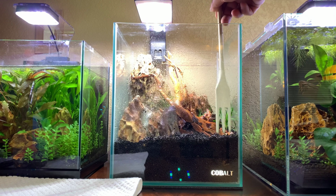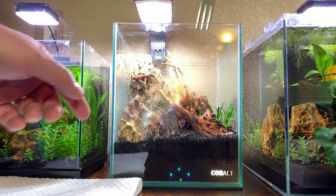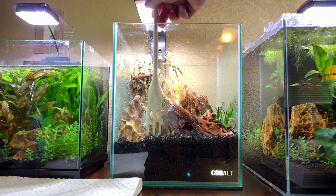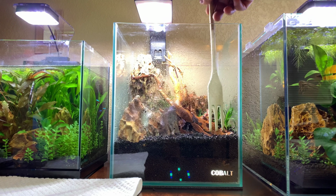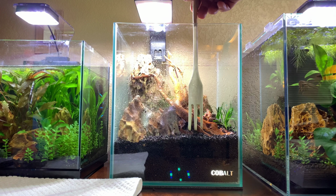and get it ready for some cuttings off these two plants to the left and right here of this tank. I'm going to get some repens out of there that are getting kind of tall, and I'm going to be planting those in the front here. And then we'll move on to some Anubias Nana, which is a good hardy plant that doesn't require a lot